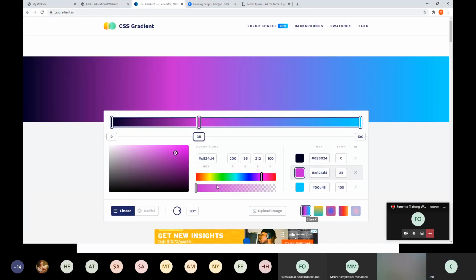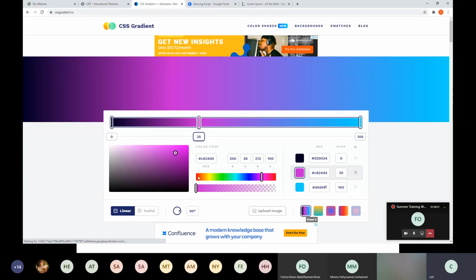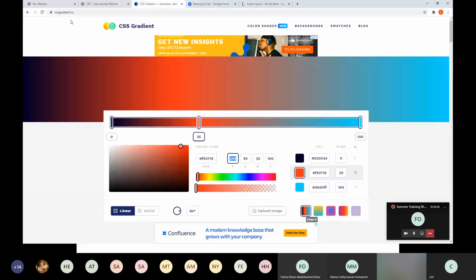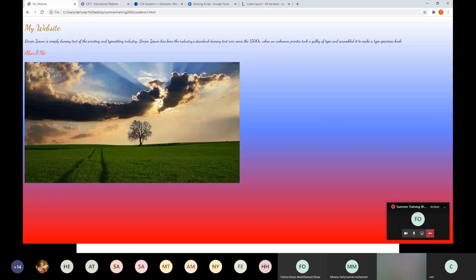Okay. Suppose from here I need this color. Then I can use this value 249, 55, 25. Then here 249, 55, 25. Okay, this color gets changed.